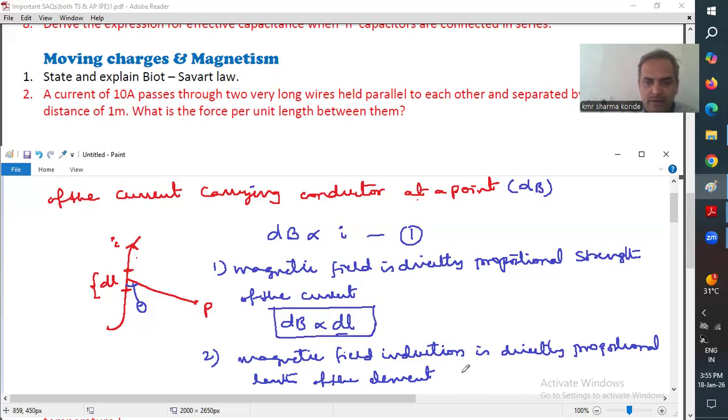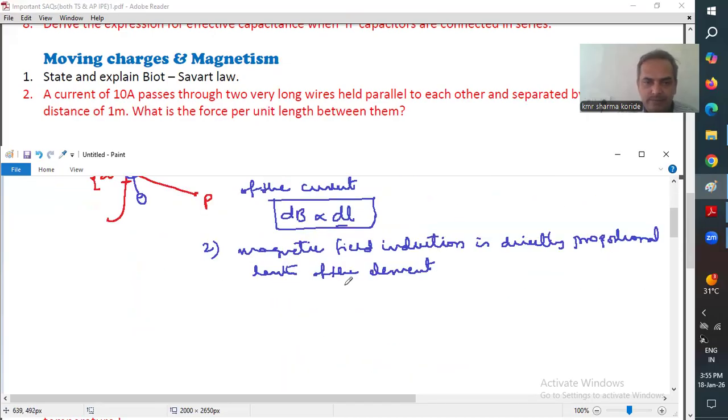It means the more the length of the element, the more will be the field at that point. The more the strength of the current, the more will be the field at that point, which is the first one. And the third one: let us write dB directly proportional to sine theta, which means